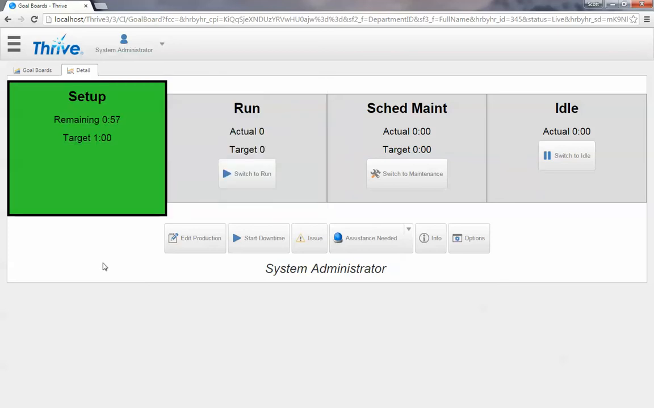Now you can have a fixed schedule or a rigid schedule with this. So if you have predefined hours or your predefined shift schedule, you just pre-set that up in Thrive so your goal board runs at that pace, or that is aware of when breaks are. In this case, I've got a setup that's going right now, and it would turn yellow and then red if I was going to miss this target for my setup time. But now if I switch to run mode,